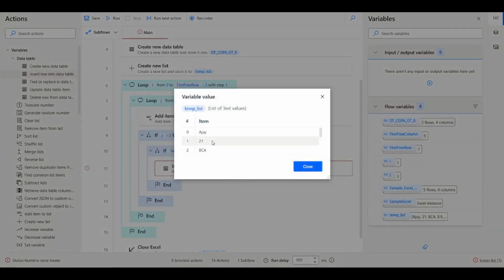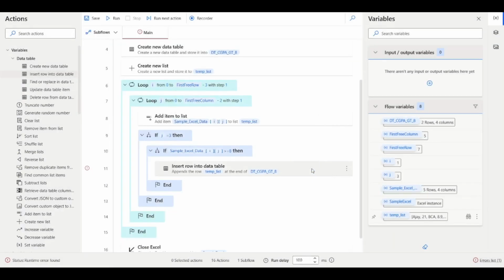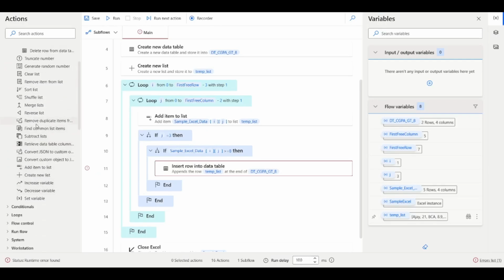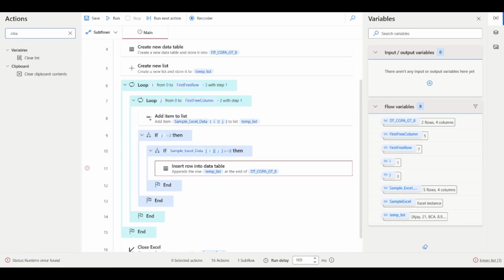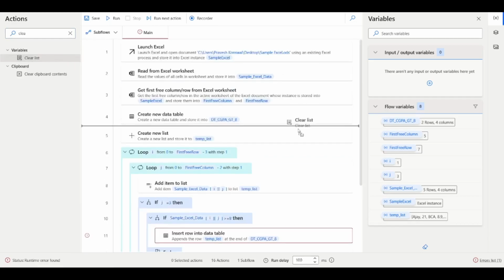In our list we have Ajay, his roll number, BCA, then his CGPA, but then Manoj's data is also coming up here. So we need to clear Ajay's data, right? For that we have this thing, clear, let me search it. We have a clear list action. So I'll just drag and drop this